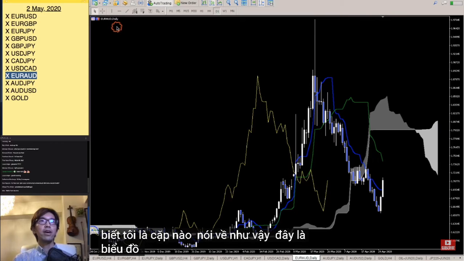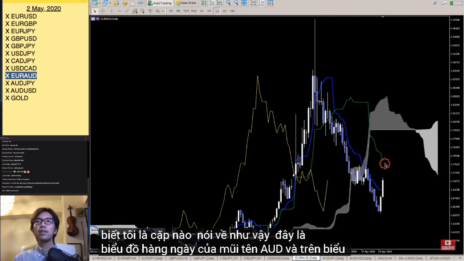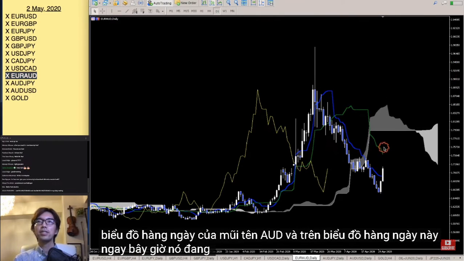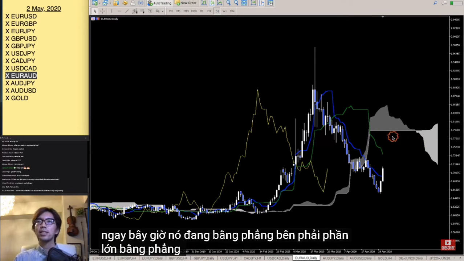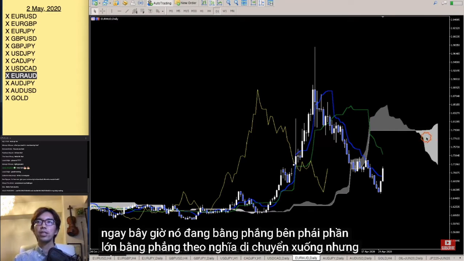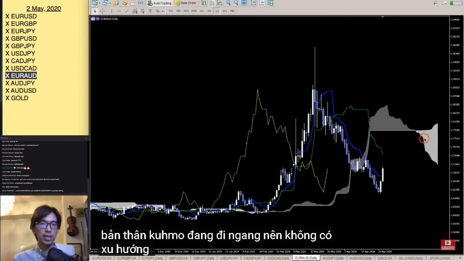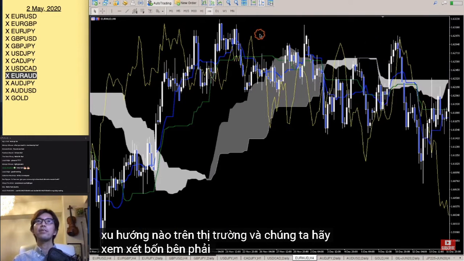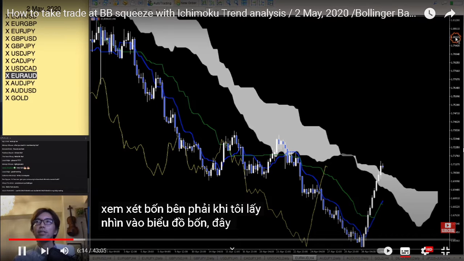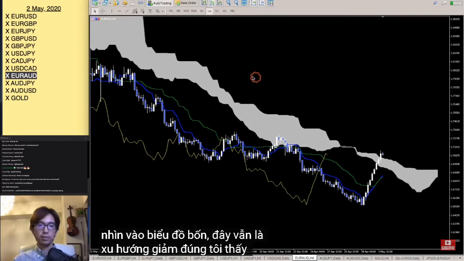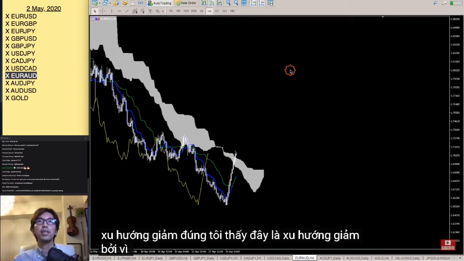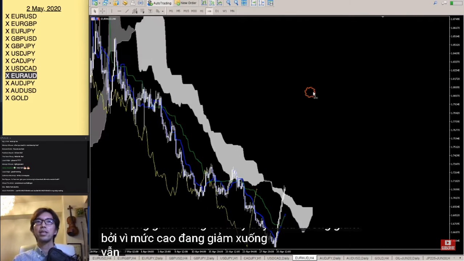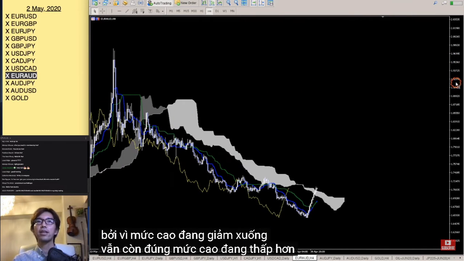So this is the EUR/AUD daily chart, and on this daily chart right now this is flat, right? The Kumo is flat, Kijun-sen is moving down, but the Kumo itself is flat, so there's no trend in the market. And let's take a look at the 4-hour, right? When I take a look at the 4-hour chart, this is still a downtrend, right? I see this is a downtrend because the highs are getting lower still. The highs are getting lower